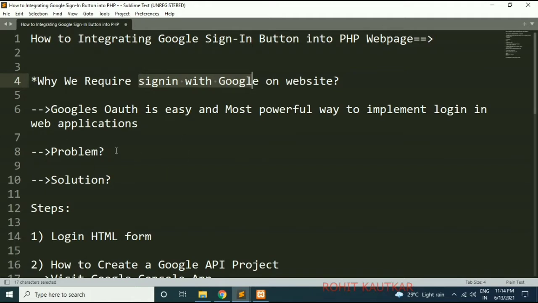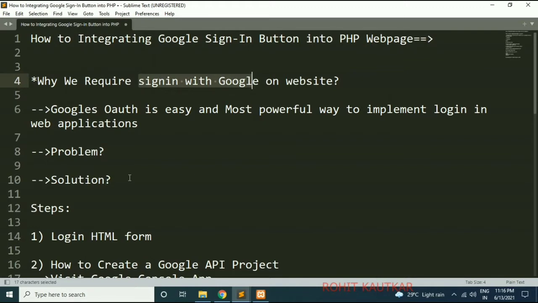Friends, while browsing the internet, on many web applications, in order to use their services, they ask us to create an account on their website or web application. Many of us might have experienced the difficulty of managing different accounts for different websites. Managing multiple accounts with multiple passwords is basically a problem. To tackle this problem, you can offer a single sign-on feature to allow your visitors to use their existing credentials to open an account on your website.